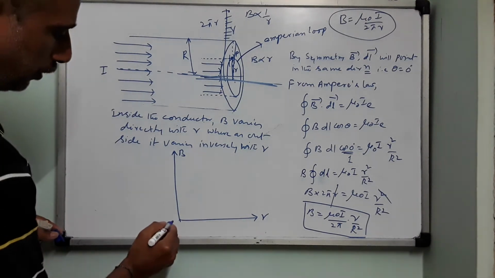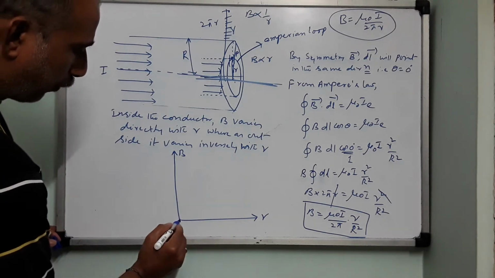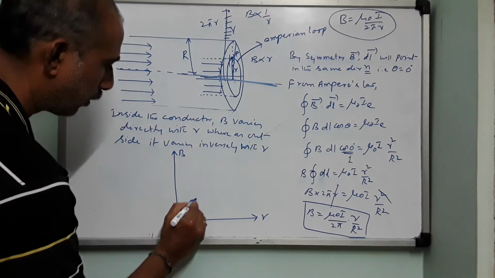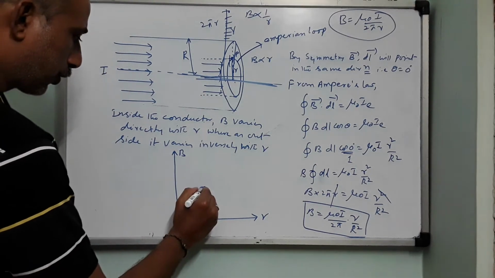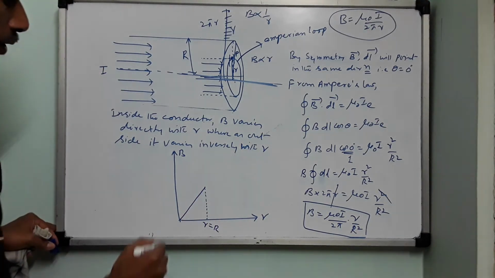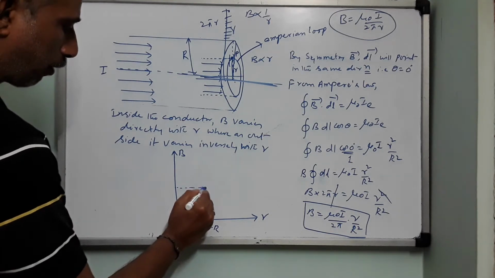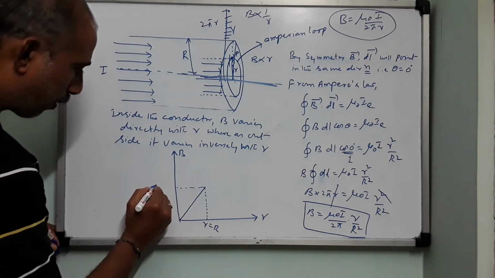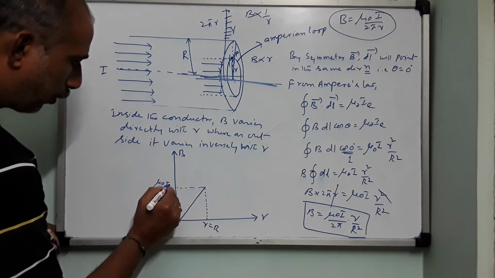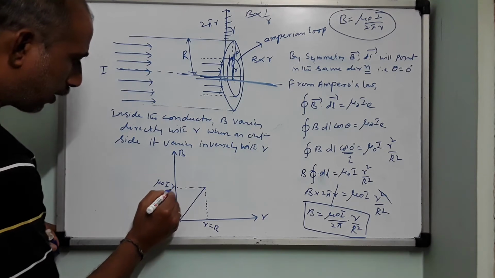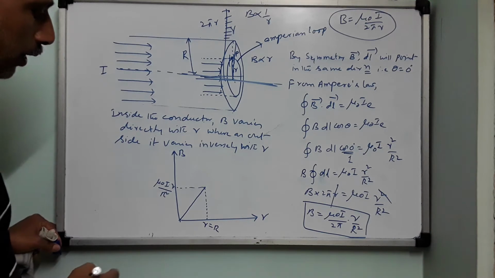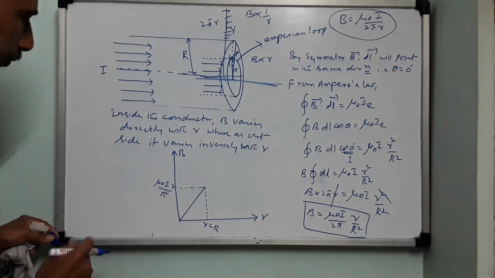So now at r equals 0, magnetic field will be 0. Up to this point, B varies directly like this. Okay. So this is r equals to R. Now this is the magnetic field, magnitude of magnetic field. How much? Mu naught I into r divided by R square. Okay. When r equals to R,